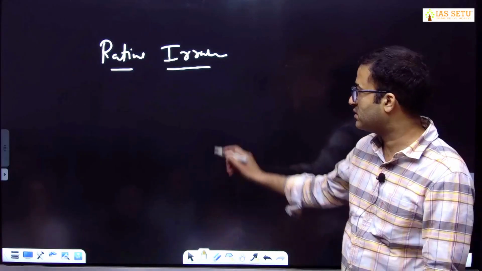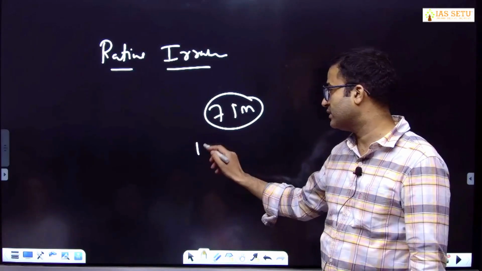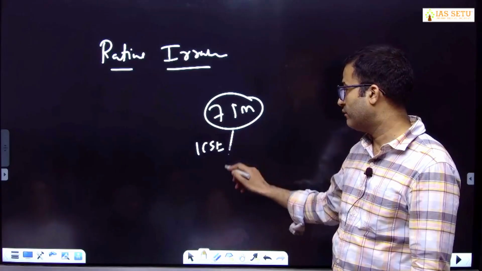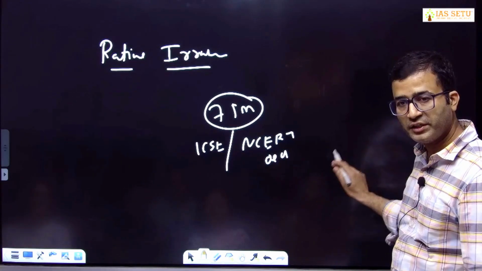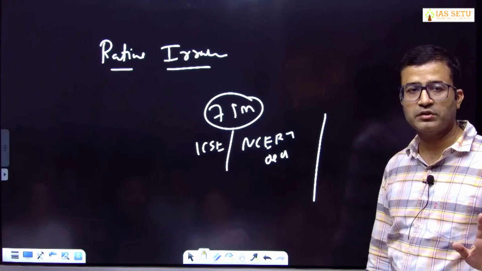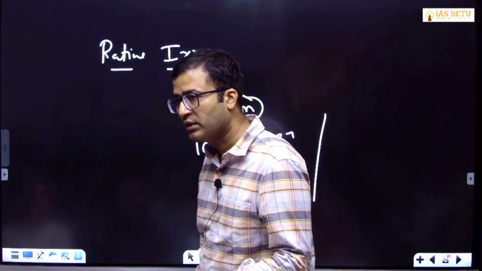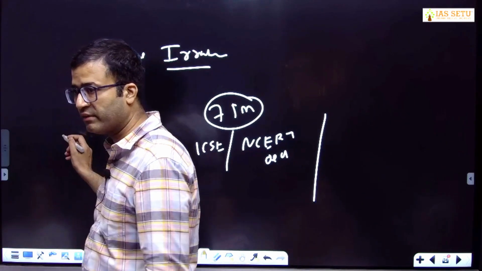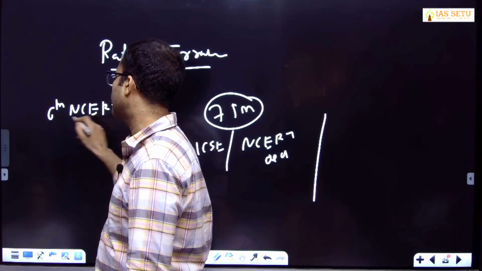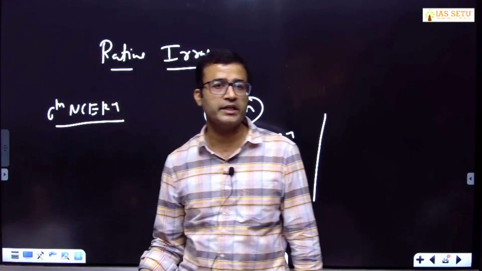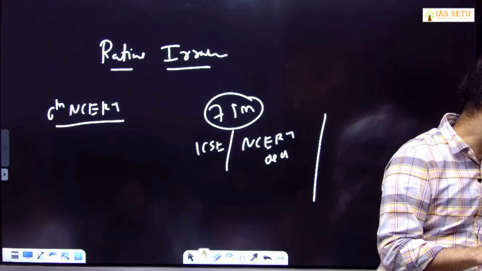आज रात के शाम के 7 बजे तक। If you can arrange ICSE, if you can arrange NCERT old, NCERT new, all are equally good। Start with your number system topic from 6th NCERT। तो आज का आपका होमवर्क है ये प्राइम नंबर टेबल प्लस 6th NCERT नंबर सिस्टम रिलेटेड टॉपिक according to your category which I told you yesterday। जैसा कल मैंने आपको बताया था उस हिसाब से आप करेंगे।